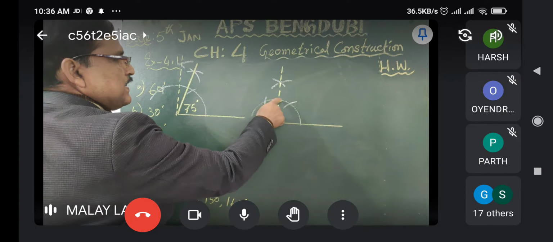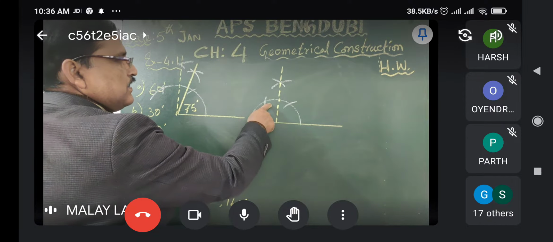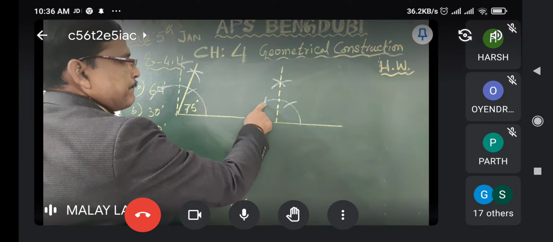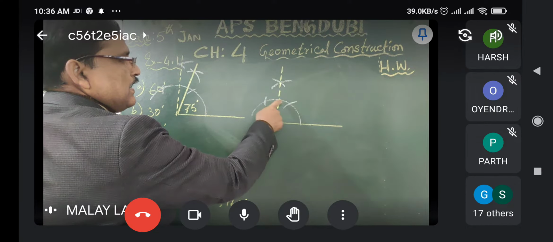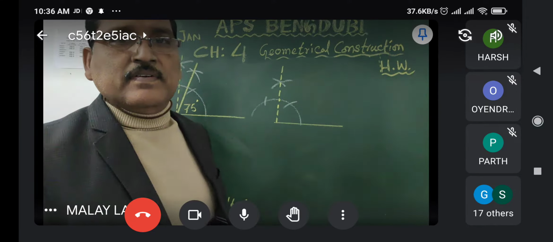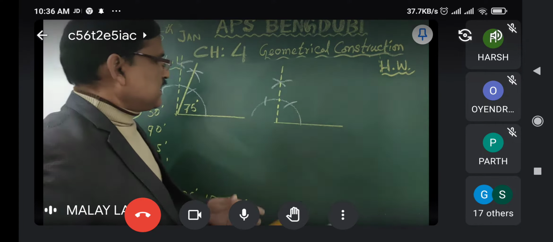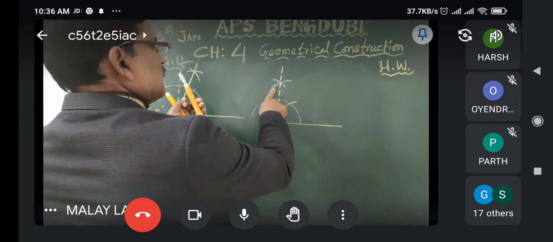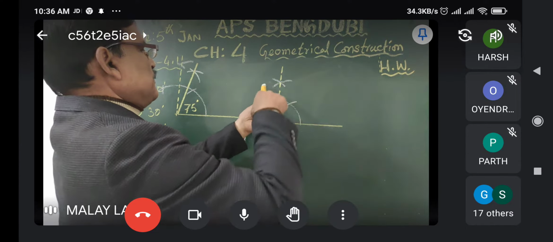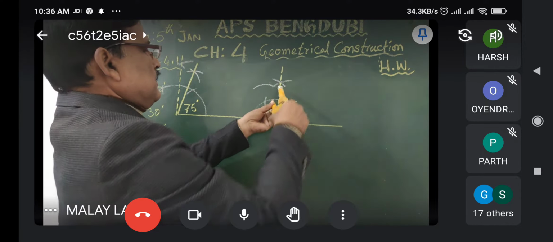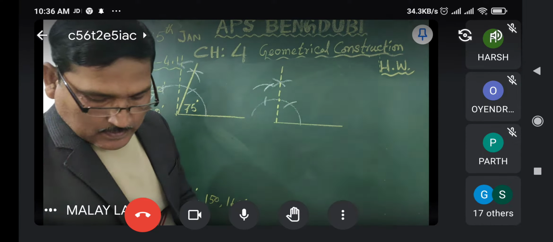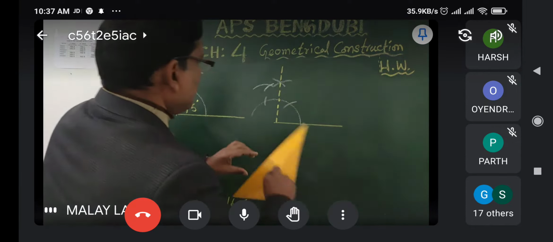120 plus 90 is 210, half of 210 is 105. That means I have to make it half, the half of 120 and 90. If we take the half of one side it is 75, and the half of the other side it is 105. Understood? So I have to make it half, reduce it a little bit. Place that here, 120, draw arc. Place at 90, cut the arc. Okay? So place it, join.